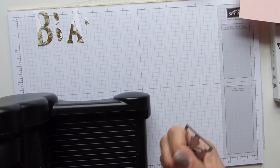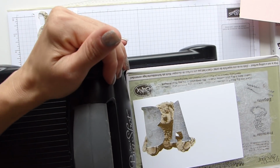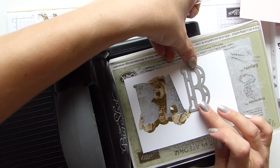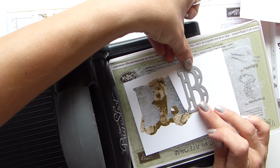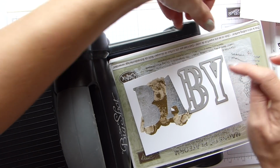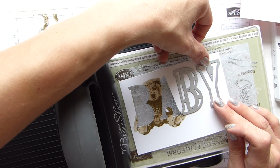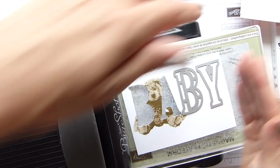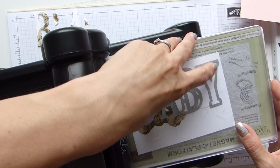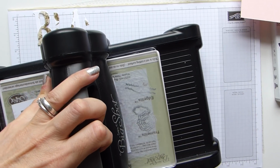So I just need to come back with the B and the Y, so just make sure you can see this. So I obviously now need to line up the B and the Y. And you see now what I mean about how you have to be really careful, because that's really close to the edge now. It's okay, it's ample room, but obviously if you come too far across, it's not going to fit. So that's my B and my Y, which you just hold there, run it through,